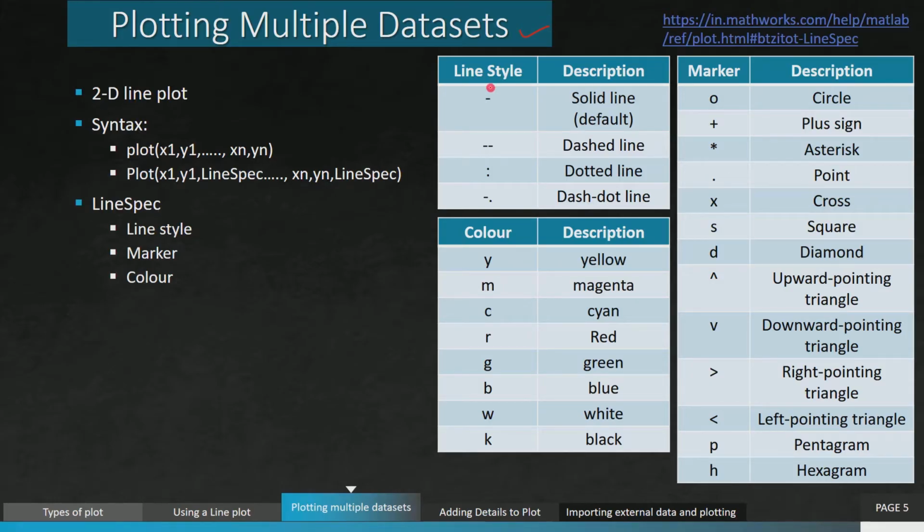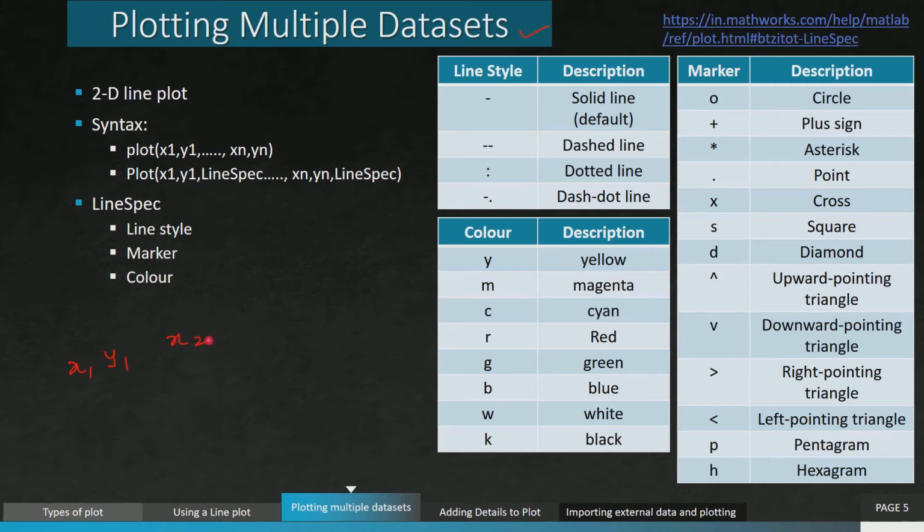Moving on to plotting multiple data sets. This again is similar to the 2D line plot. Let's see what is the difference in the syntax. Plot of x1, y1, and so on up to xn, yn. Say you want to create a plot for a pair of data sets. Let us say the first pair is x1, y1.